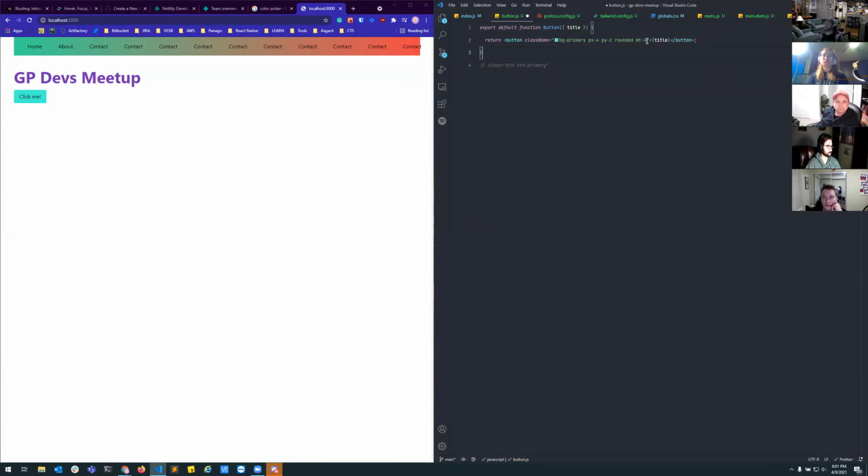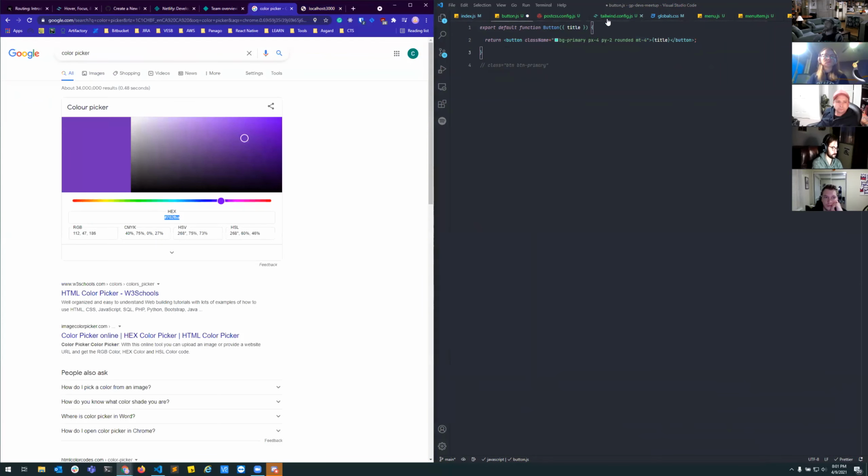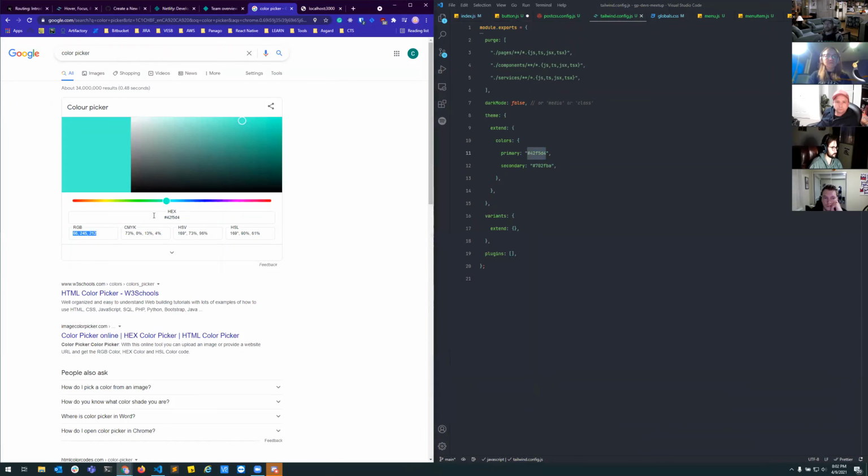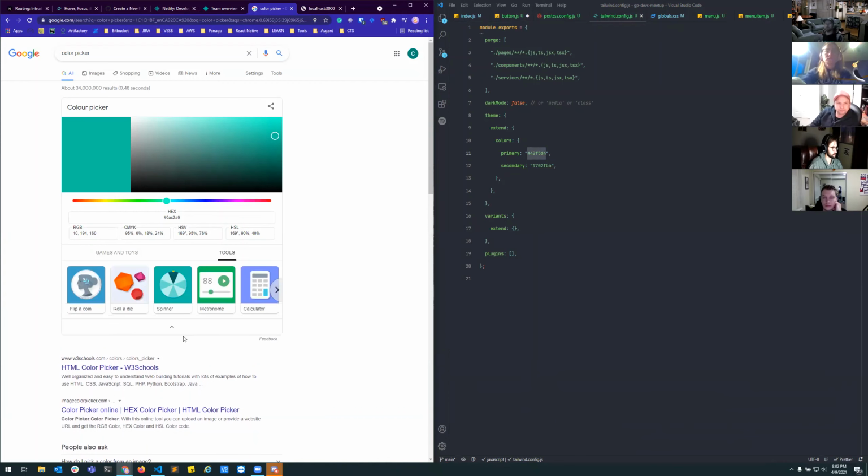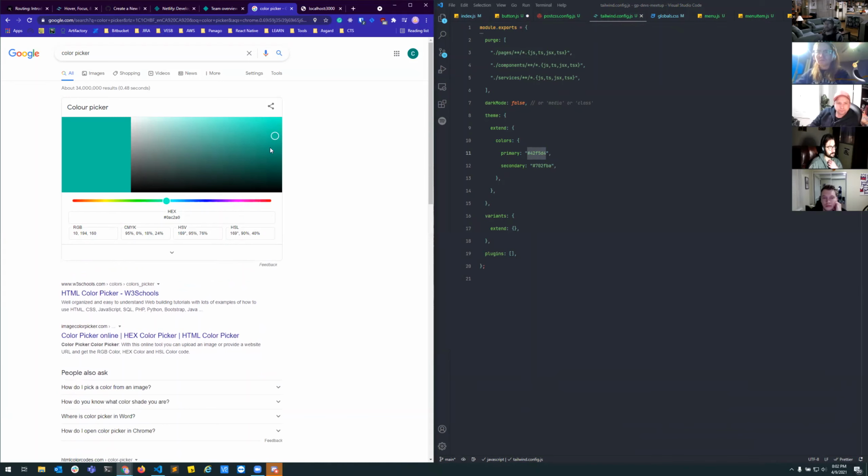Maybe we want a hover state. So let me go back to our color picker, and I'm going to generate a hover color. So this one, I think. If I'm using HSL, the last one, L, I don't know what it stands for. If someone knows, they can pipe up. But it just moves up and down this grayscale here, so it's just darker. But I'm going to say primary hover. Well, let's go with primary dash hover. And then since this has to be valid JavaScript,